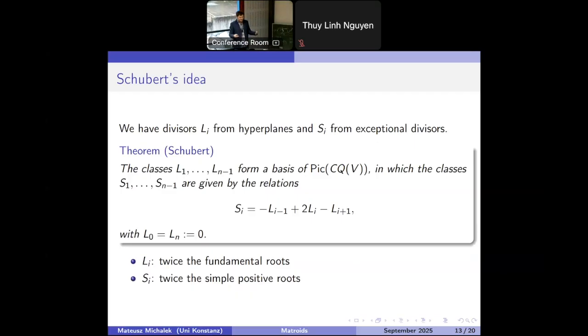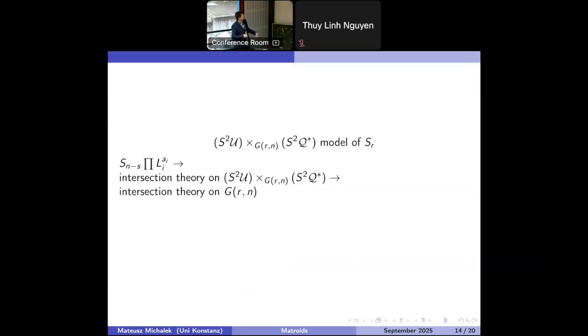And you're in a ring. So instead of computing one intersection of LIs, you can compute such intersections when you have one S and the other things are LIs. Why should this be better? This looks horrible, right? But it turns out that you can build another variety, SR, that